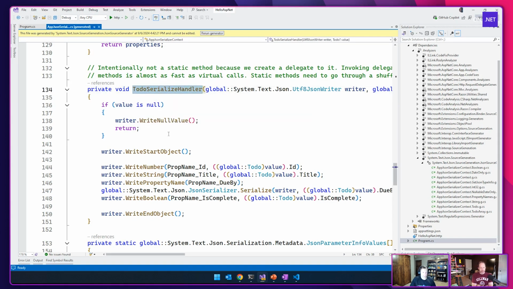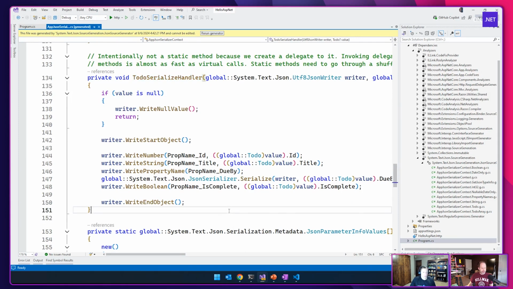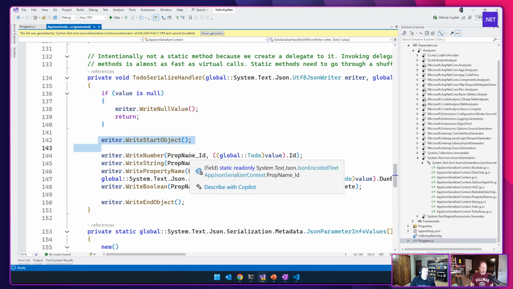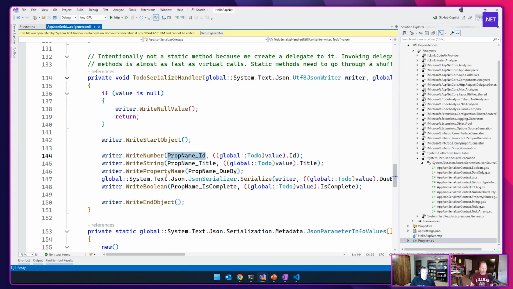So in this case, the to-do serialize handler, this should look pretty familiar to people who've done System.Text.Json things, right? If it's null, write the null value and return. Else, write a start object, write the ID, write the title, et cetera, and then finally write the end object, right? That's what you would write by hand if you wanted the fastest performance of how to write an object to JSON.